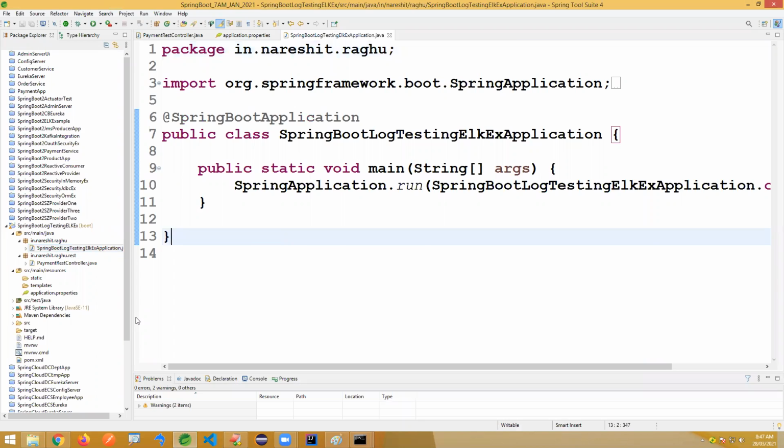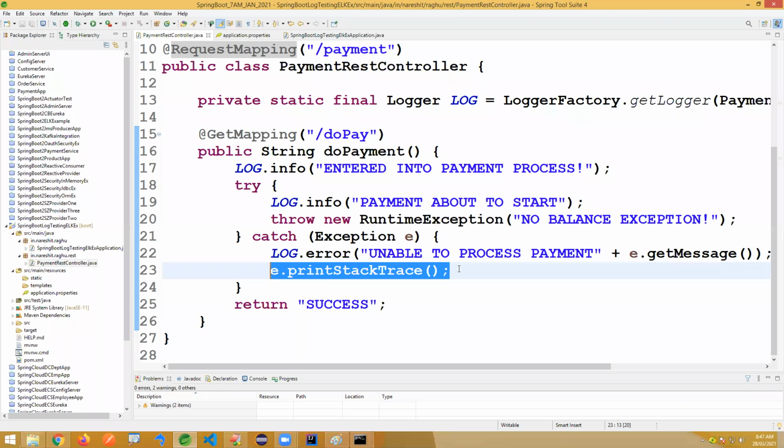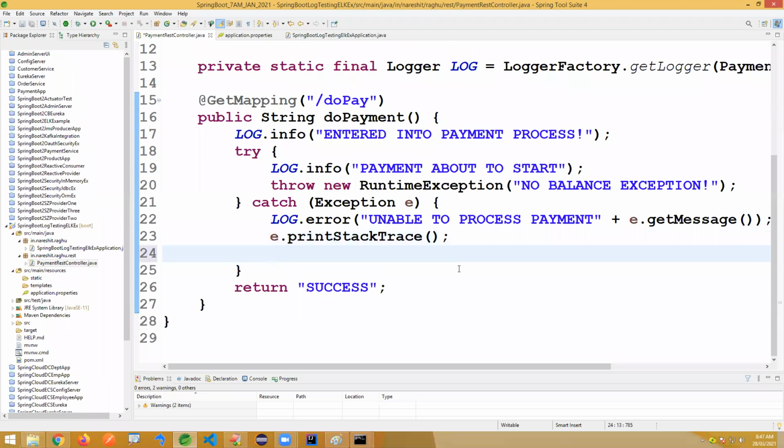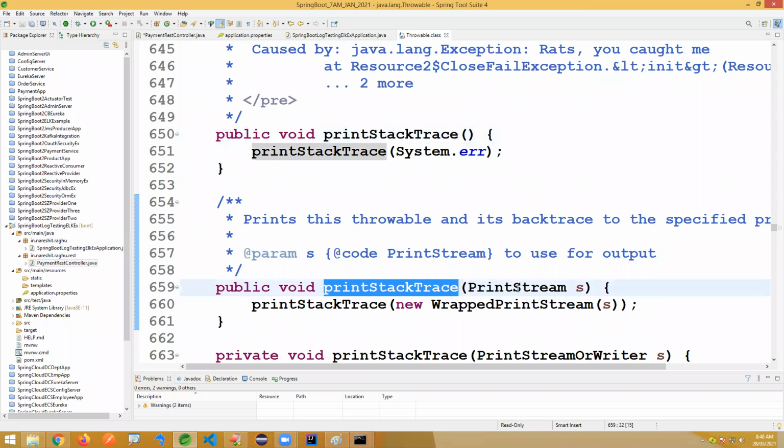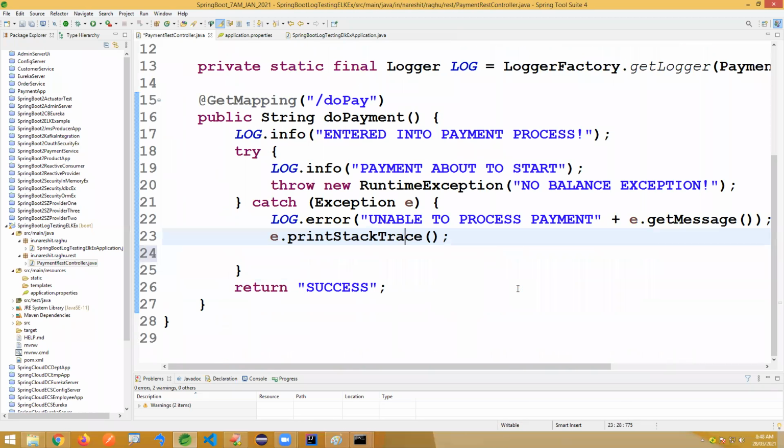I'll just write one data conversion. Even the stack trace I want to read. Here I want to read the stack trace, and I want to print this stack trace in a particular format. This method actually returns void type. So it supports a streaming format here. Of course, you can just leave that, but I want to print it here.